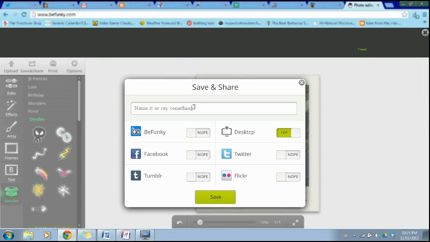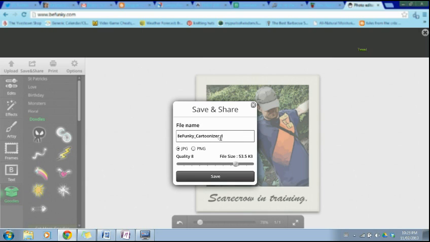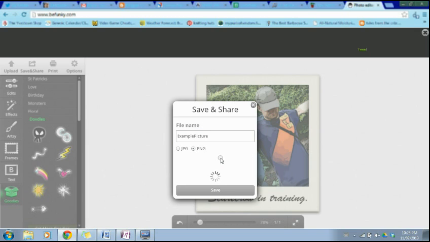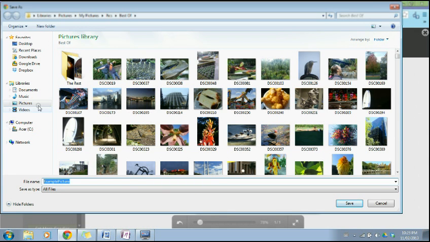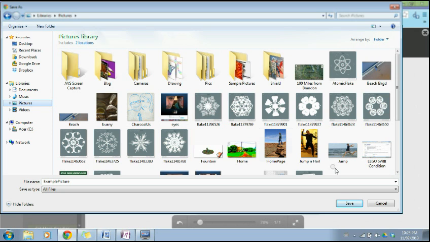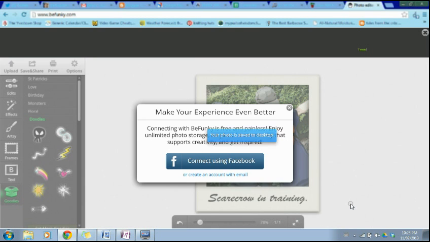So I'm going to save it. I just want to save it to my computer. I have options to link other accounts here and save it and share it that way, but I'm just going to save it to my desktop. So I'm going to choose its name. And I like to save it as a PNG, just because that's my personal preference. And I choose where I want to save it. I'm going to put it in just my pictures, and there we go. Now it's saved. It's going to ask